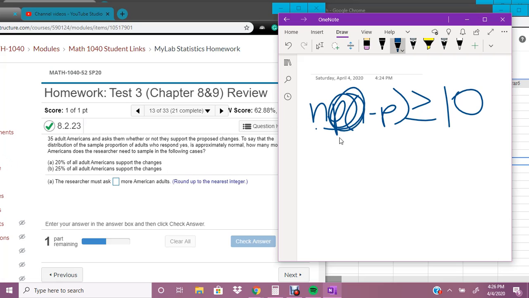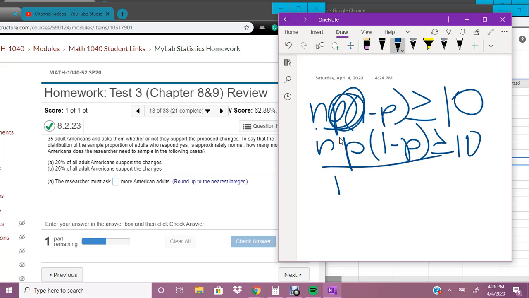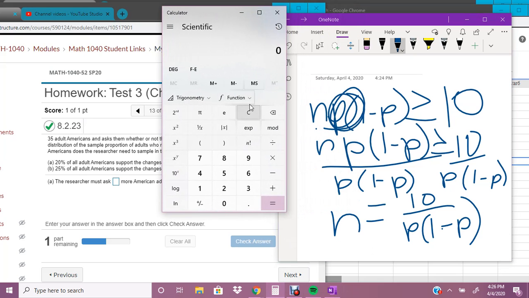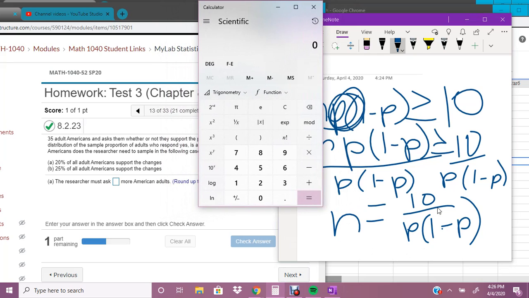And so how we're going to do that is we're going to solve by moving this over to this other side. And so our n is going to equal 10 divided by p(1 minus p). Okay? So we're going to plug that into our calculator. And so what it's going to be is we're going to do 10 divided by